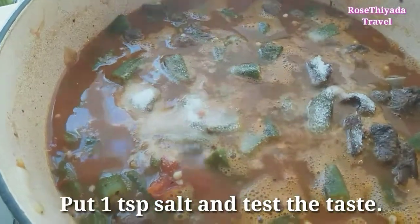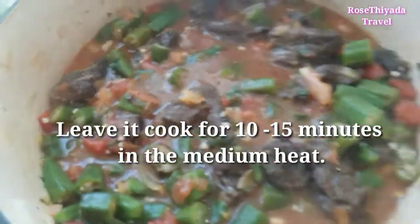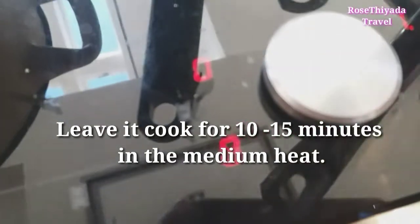Put 1 tablespoon of salt. Leave it cook for 15 minutes in a medium heat. After that, you can put some coriander in and serve the beef stew with